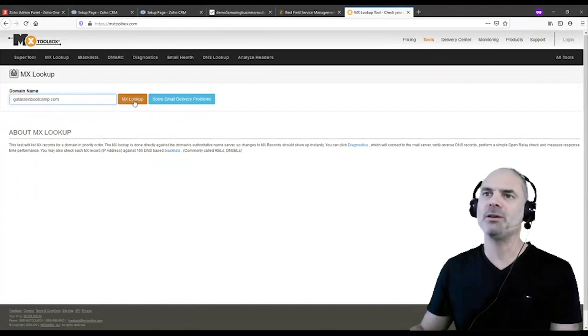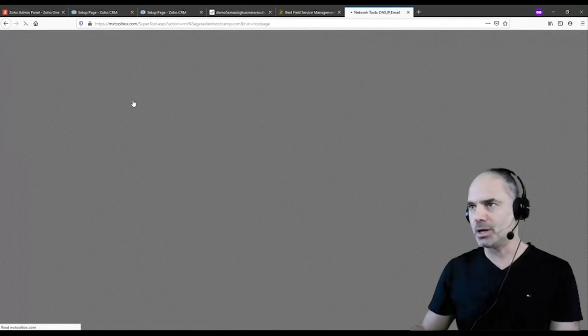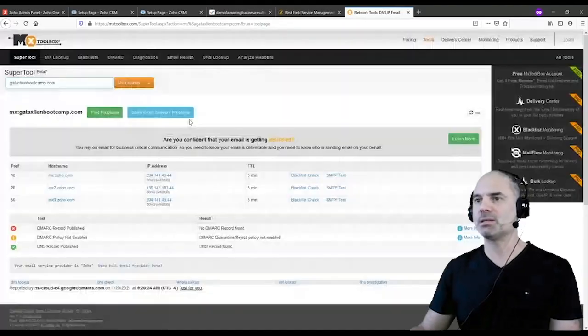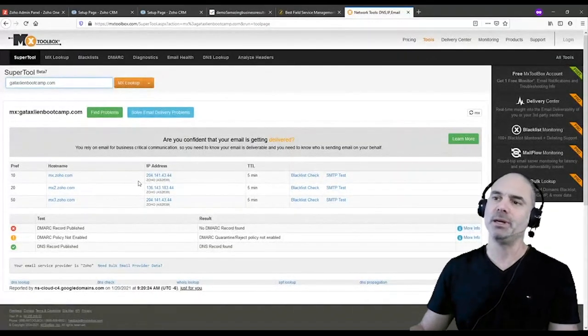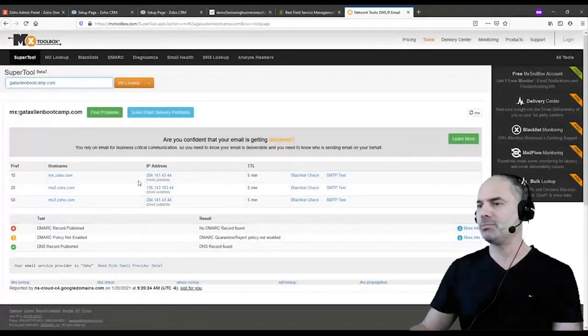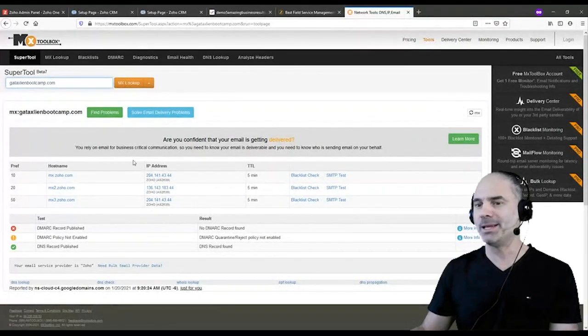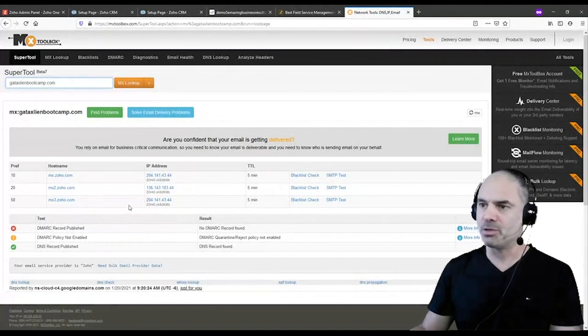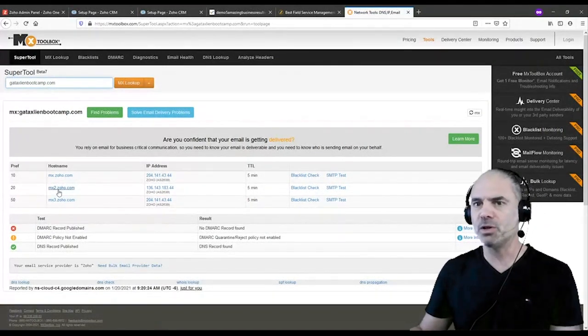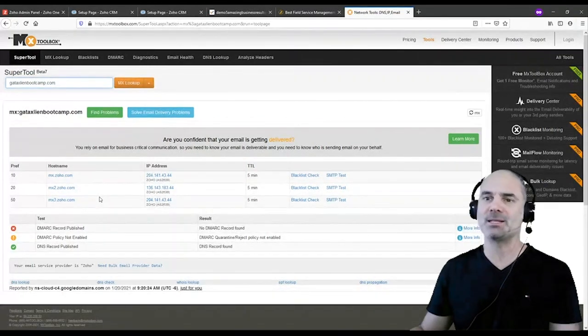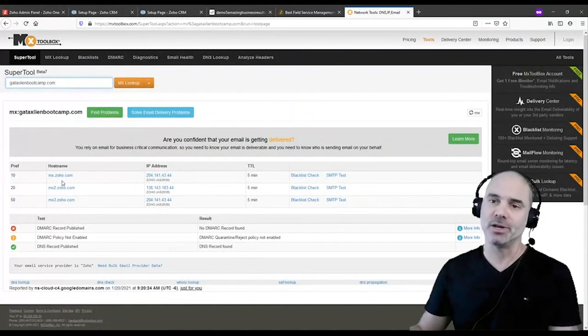Very good. So I'm going, first of all, and I'm clicking on MX Lookup. And what I want to see is, first of all, if there are any problems. Now, the first problem will be, and this is not Zoho at all, right? But many people complain that their email goes to spam, and just know that it's not related to Zoho in any way. So first of all, there's supposed to be an MX server, which is basically your email server. And in this case, that will be Zoho. So you can see here that it's configured properly.